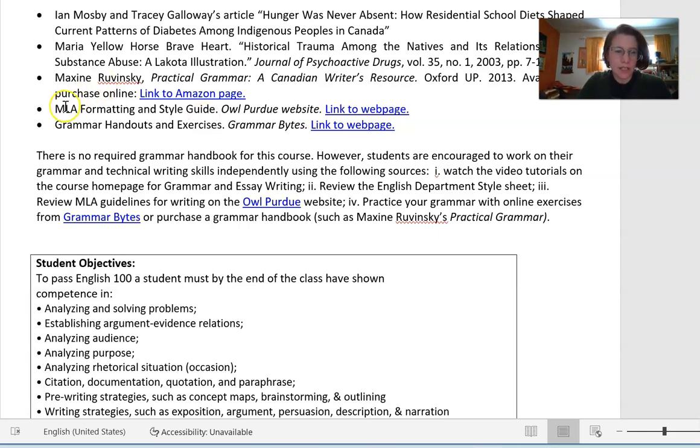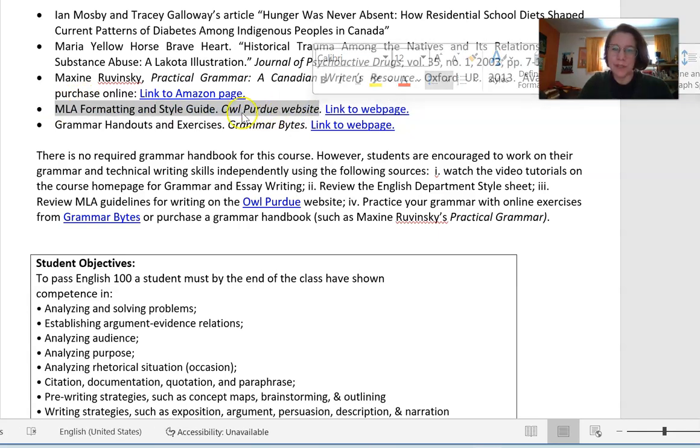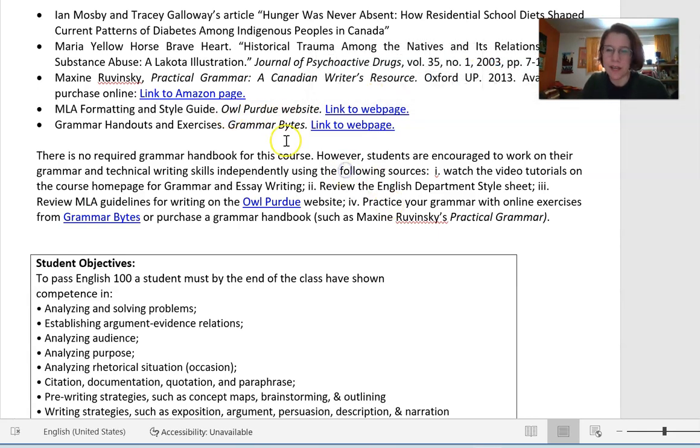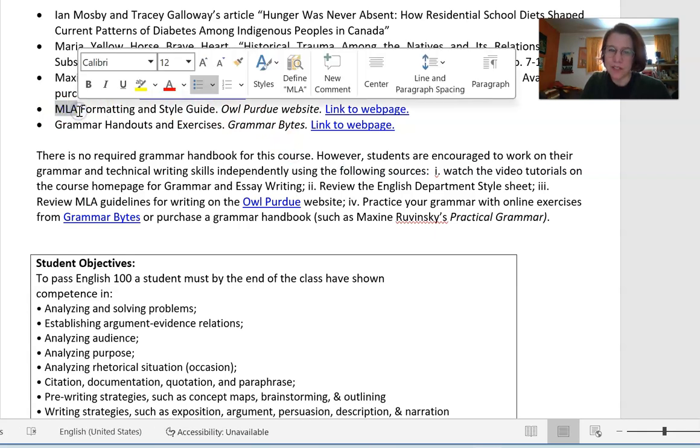The other important or helpful website is the OWL Purdue website, and that's the one that I use for all questions related to MLA style. So like I said, the Modern Language Association is what MLA stands for, and it's a style of citing or formatting that we use in the English department.